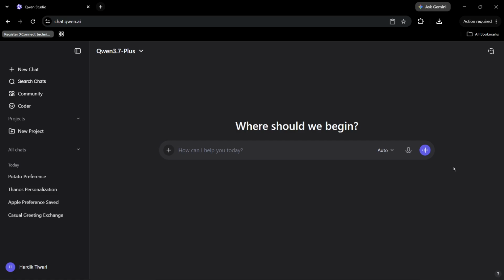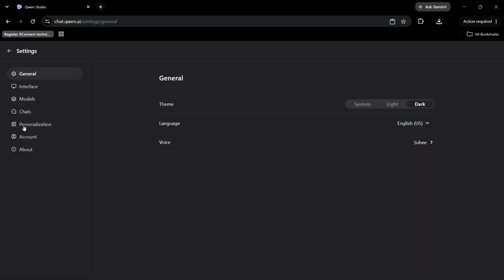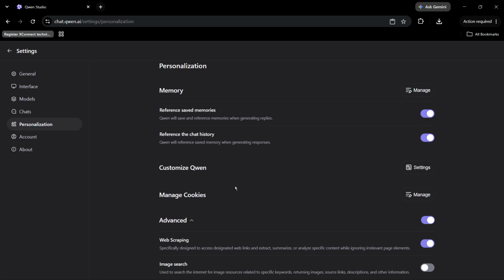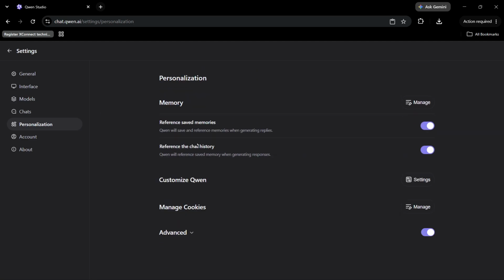these easy steps. First, head on to chat.qwen.ai, which is the official address for the Qwen Studio. Now once you're here, click onto your profile picture at the bottom left corner of the screen, and then from this menu, select Settings. Now within Settings, select the Personalization tab, and from here, expand the Advanced if it is